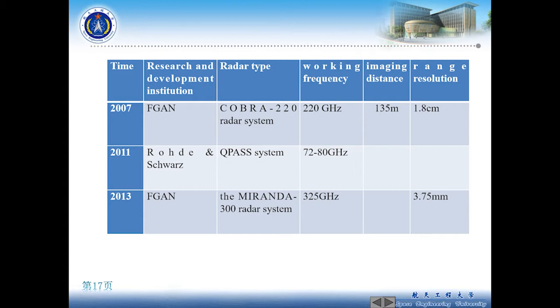In 2013, FGAN's radar type is the MIRANDA 300 radar system. Its working frequency is 325 GHz, and its range resolution is 3.75